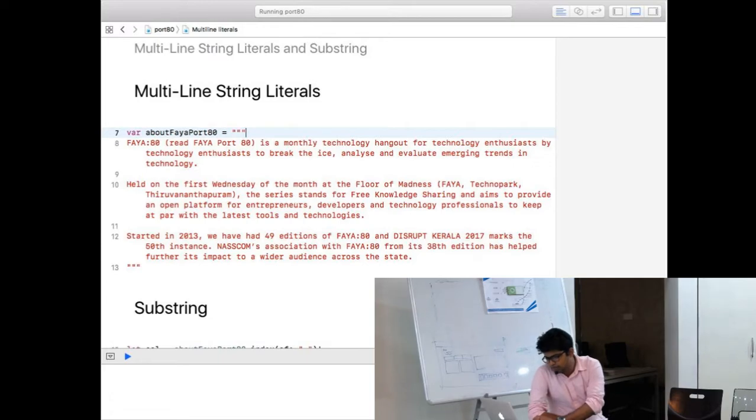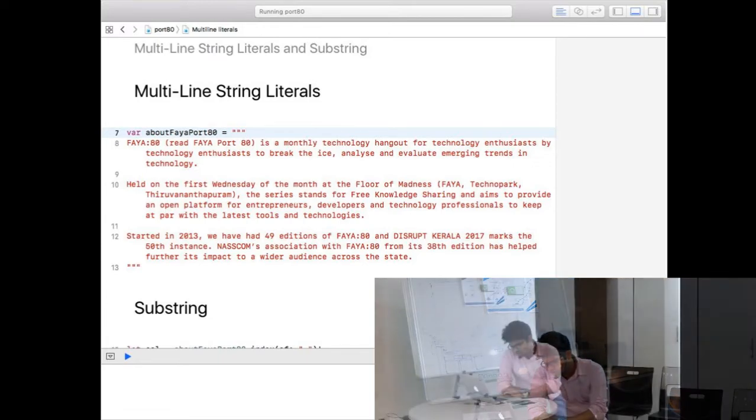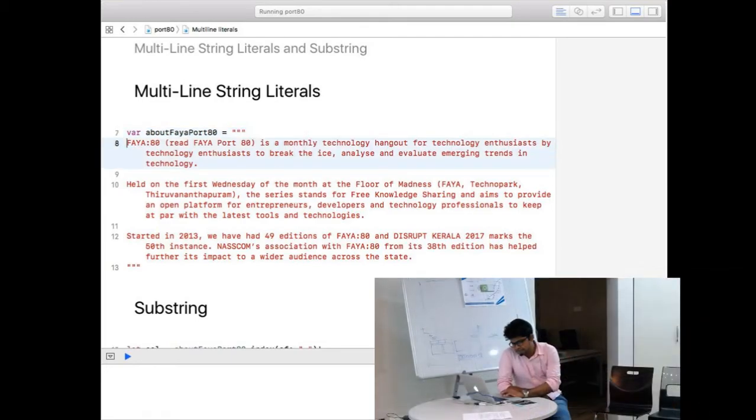And a few things regarding the multi-line string literal. First, the string must start on the next line, and the starting and ending quotes must be in their own lines. And another thing, the indentation: if I have my end quotes over here,